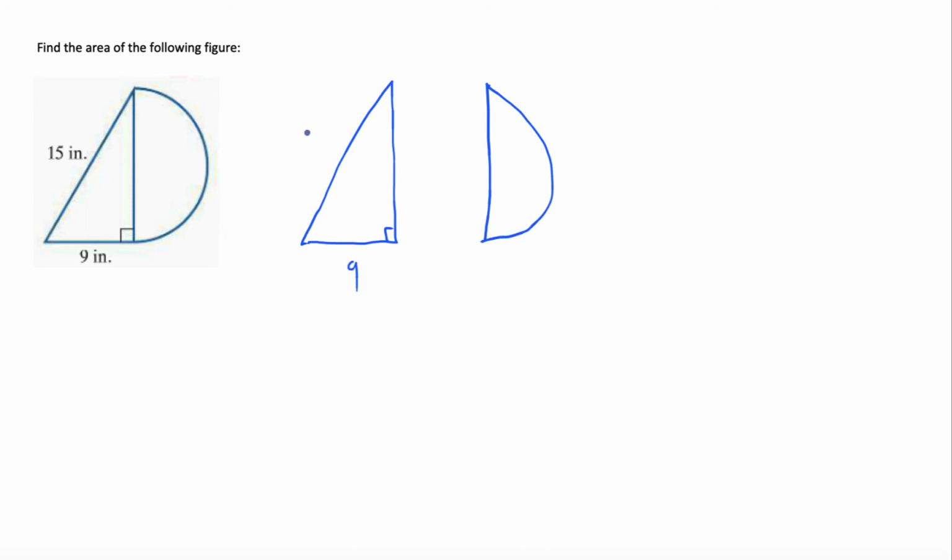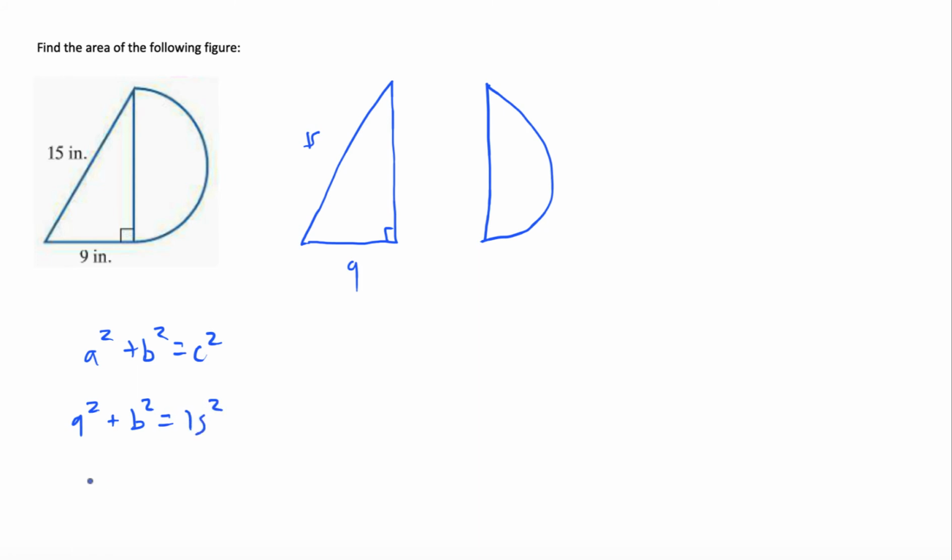Now we know that this is 9 and this is 15. Okay, how are we going to remember these two lengths are the same? Just the way that I've drawn them. So we can actually find this length using the Pythagorean theorem, a squared plus b squared equals c squared. In this case, c is 15, which is the hypotenuse, so we'll call that 9 squared plus b squared equals